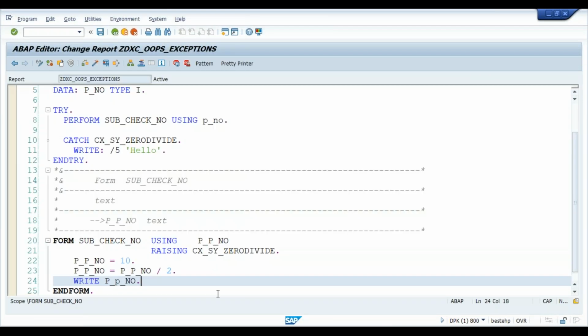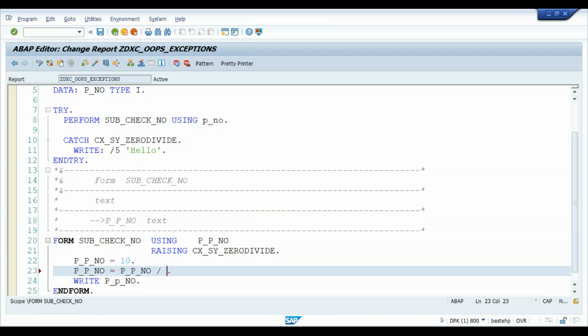To get this right, but now when I go for p_n1 divided by 0,